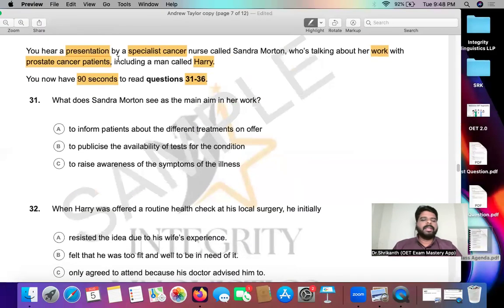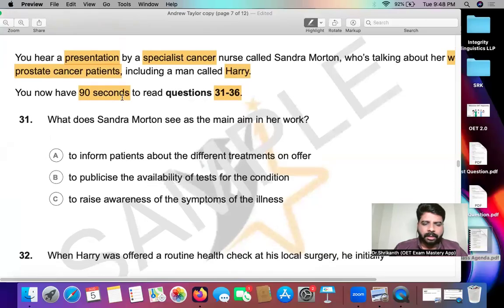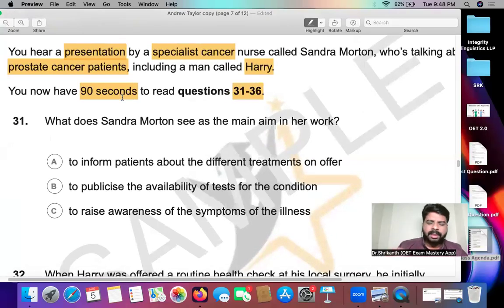So I will be discussing two types of questions. Okay, so I'll be discussing detail specific questions as well as gist type of questions. Okay, so this is the very first question over here. That is the 31st question. So this is a gist type of question. So before I give you the coaching and the teaching, I want you all to read the 31st question, identify what type of question it is, identify the keywords, identify the verbs or the stems, the question stem or the focal point of the answer options.